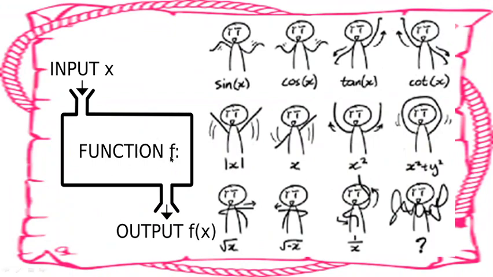Function, this is a function machine. You must be familiar with this machine. We have seen it so many times and we have discussed it as well. We give some input, that input goes into this machine and this operation gets applied and then we get some output. Here these different characters are showing different types of graphs if you see properly. This is the graph of sin x, this is the graph of cos x, and they are dancing and telling you the different shapes of different graphs.